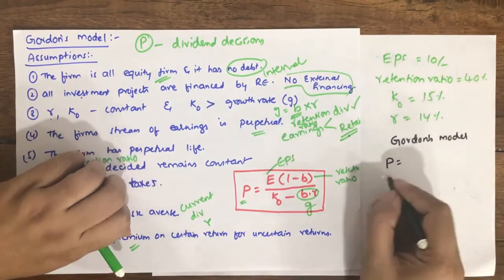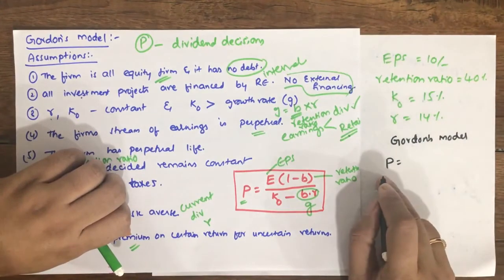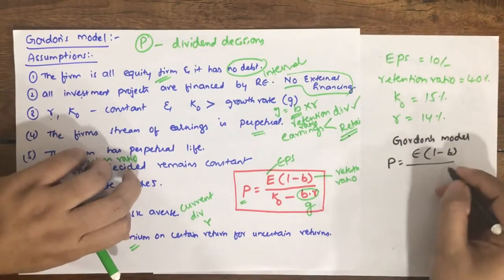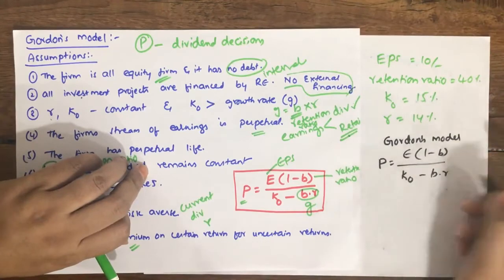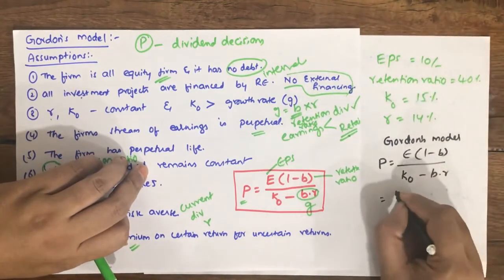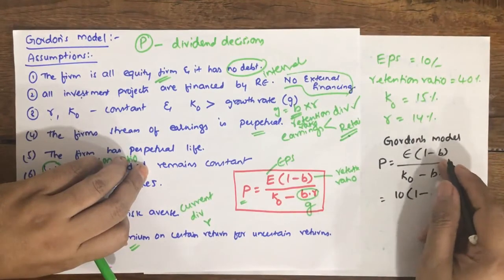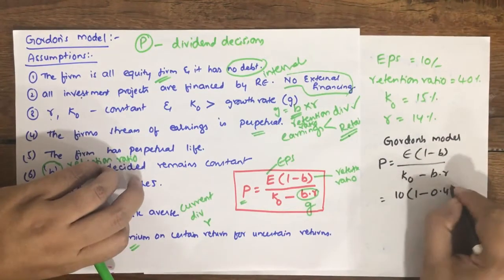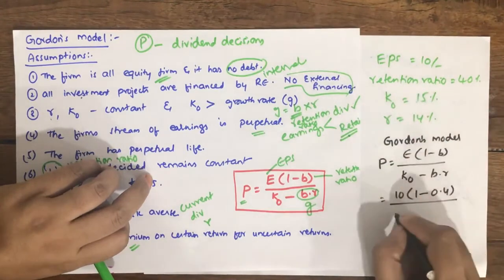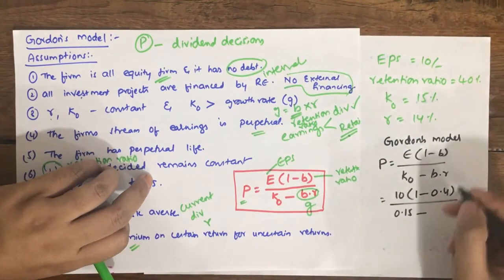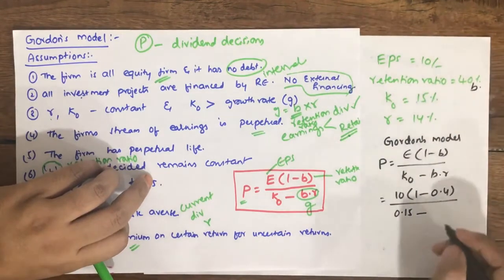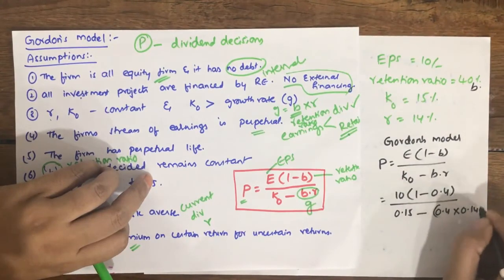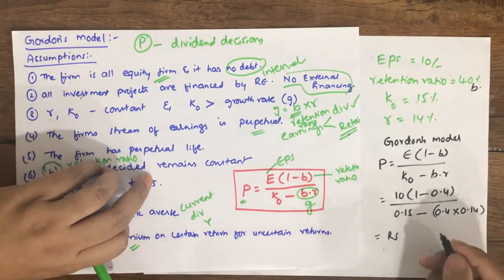According to Gordon's model, the value of a share can be calculated using the formula P is equal to E into 1 minus B divided by K0 minus B into R. Substitute all the values here: 10 into 1 minus B. B is the retention ratio, 40%, which is 40 by 100, that is 0.4, whole divided by K0, which is 15%, so 0.15, minus B into R. Retention ratio is B, so B into R is 0.4 into R, which is 14%, 0.14. Now the answer is